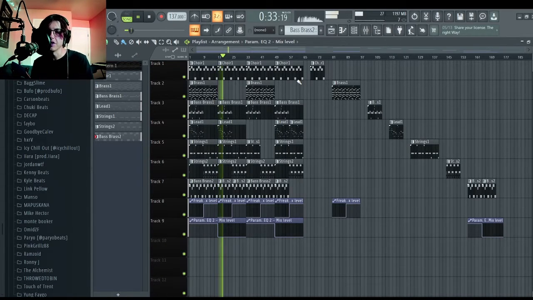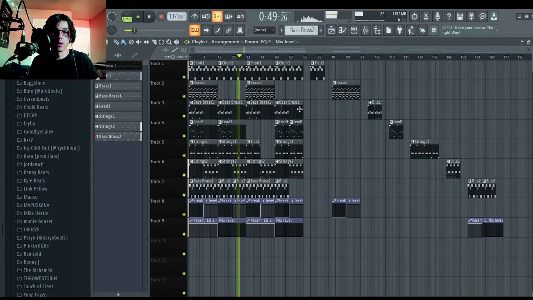So I have some switch ups in there. Make your main arrangement something that the producer that's using your loop would want to loop or chop around. So I have different variations throughout this main arrangement. That way they don't even have to use my stems. The stems is a last resort. So like,